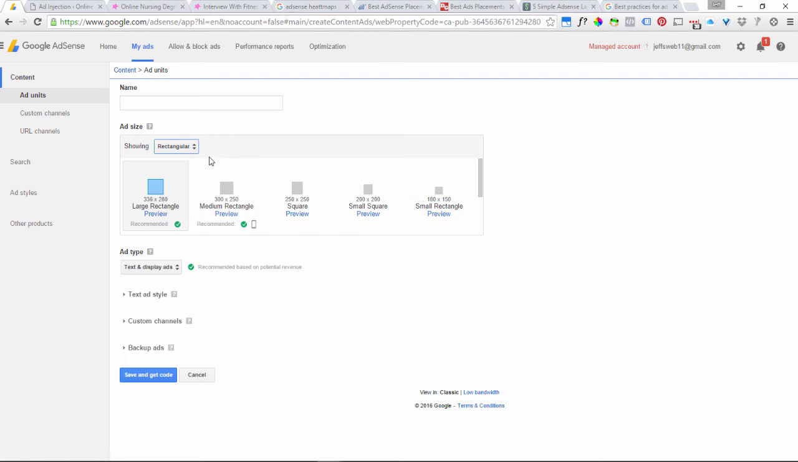And then the rectangular sizes, we sort of talked about those. Again, the smaller ones I don't recommend. The bigger, these two, and particularly this one, the biggest one, I highly recommend. Now, responsive ads,